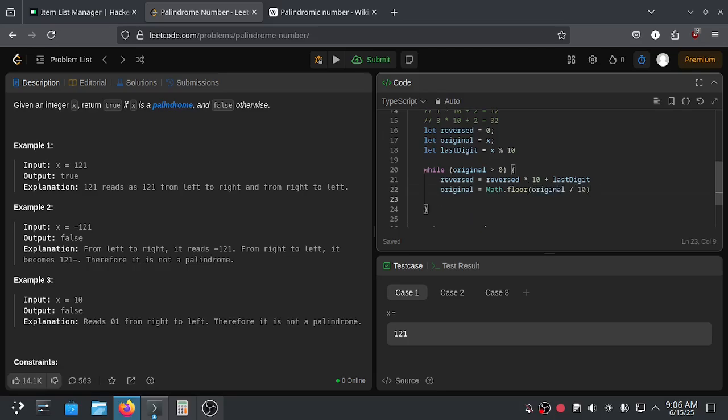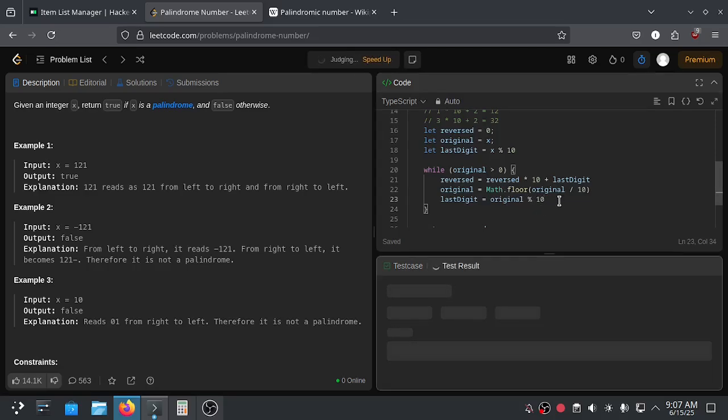And then we can put a new value to the last digit for the next iteration: last digit is the floored original, modulo 10. Yeah, so pretty much.